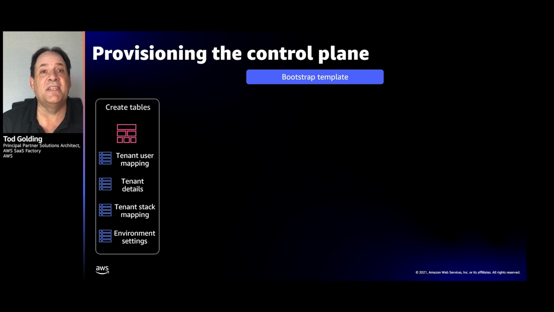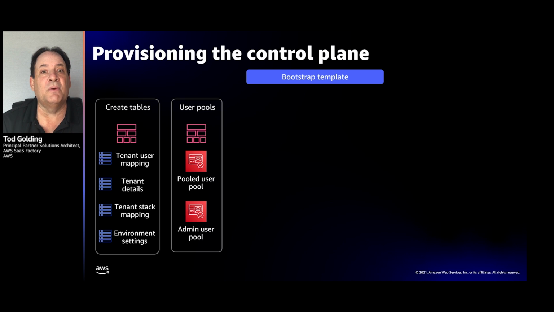And if you look at these, you'll see these correlate straight to the template code that's inside the repo. So there's this create table step, where we'll create all these different tables that are needed to manage state and information about our environment. You'll see we have a tenant user mapping table, and we'll get into the details of what that involves, but essentially how we're going to map user pools and so on. The tenant details table, where we actually store all the details and configuration of the tenant. And this tenant stack mapping table, which plays a key role in supporting this silo and pool model. So we'll poke at all those tables.